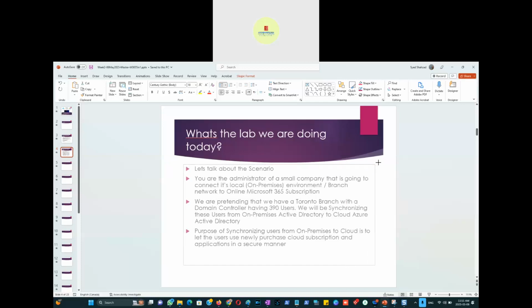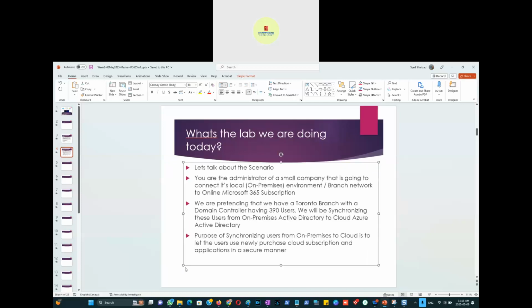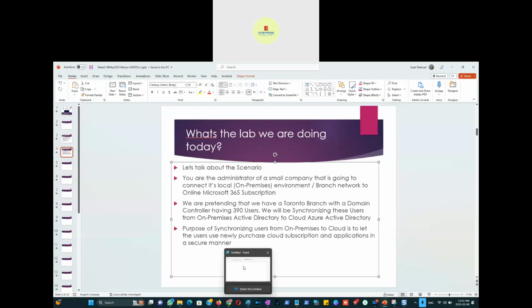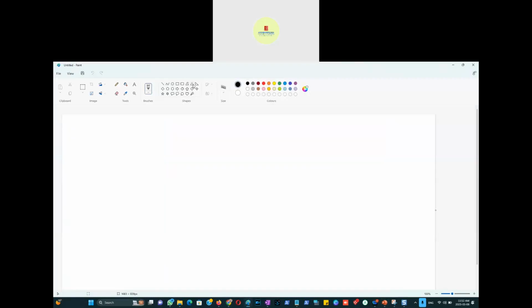That's the scenario for pretty much all the companies out there, because the majority of the companies have on-premises. Bigger companies have on-premises a local branch or branches, maybe in New York, Toronto, and then they are having some cloud presence or a lot of cloud presence. So every company is at a different stage right now. So if I go back to this, what we're going to do is, suppose there's a Toronto branch here,